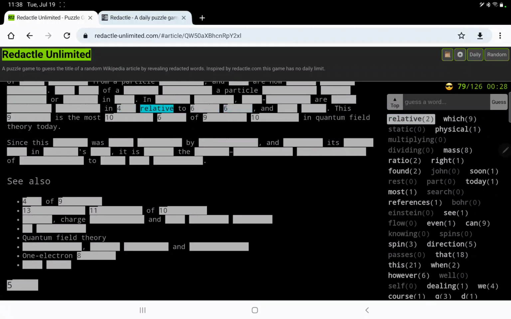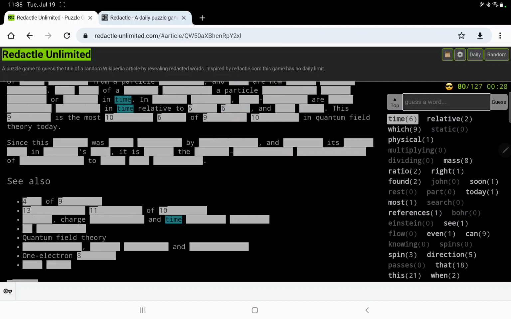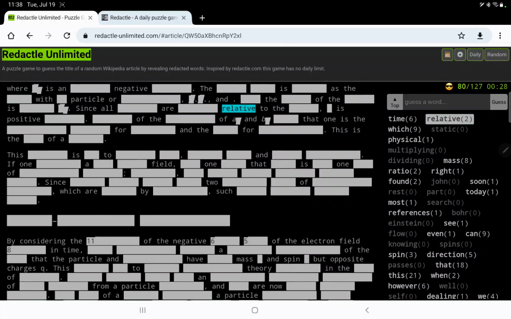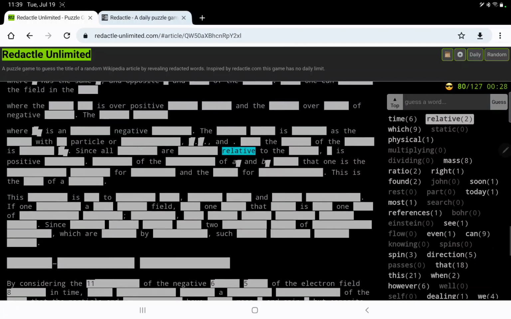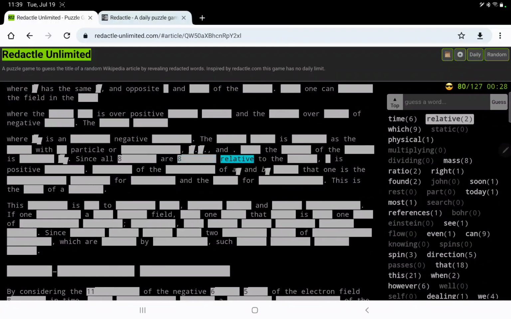In something relative, maybe in time. Oh, that was a good one. In time relative to something something. Let me look at our other, so we just have those two relatives. Since all 8 are something relative to the 6,